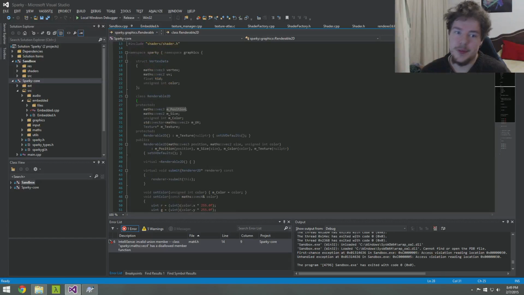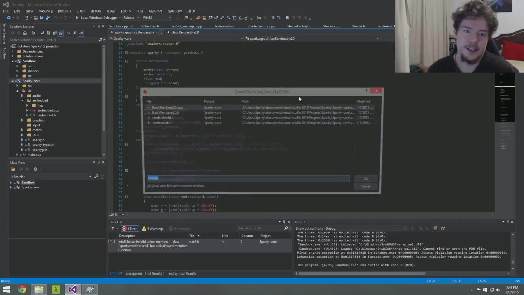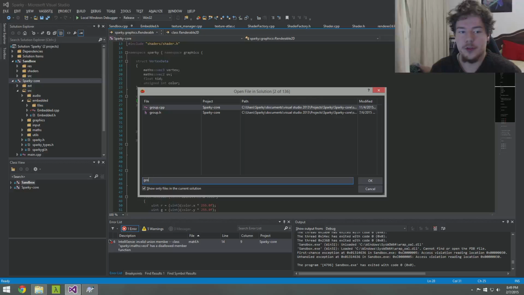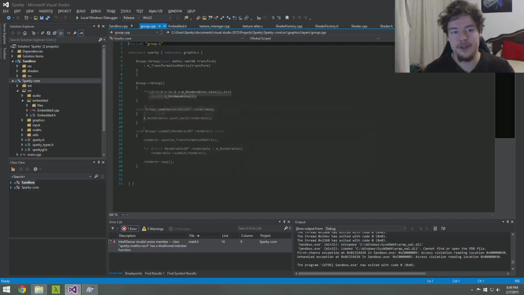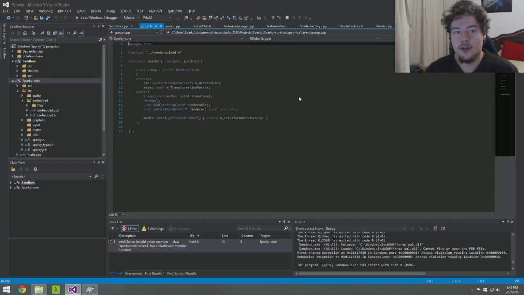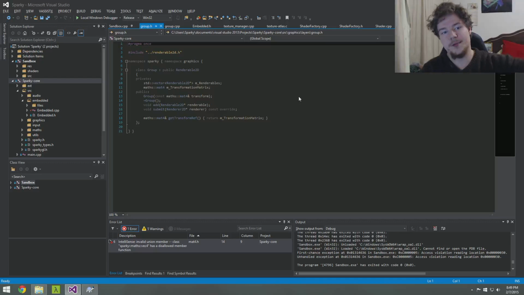We currently have a position, and that's it. Okay, so there's no way to actually rotate sprites, right? The only way you can rotate sprites, I shouldn't say that, the engine does support that, but just not from the sprite interface. You have to create a group with that one sprite. If you want to rotate one sprite, you create a group, you add the sprite to the group, and then